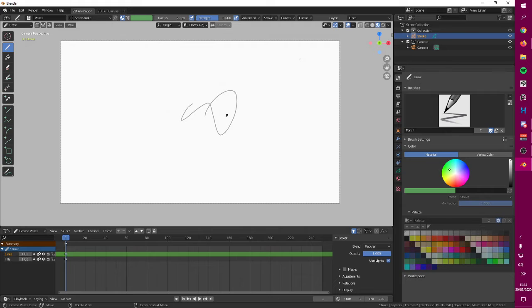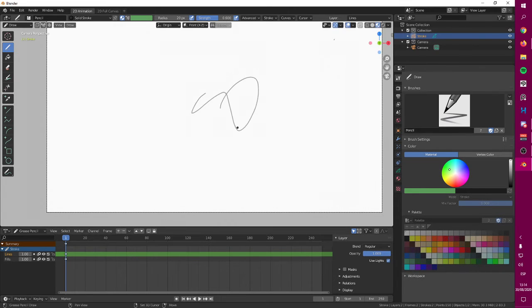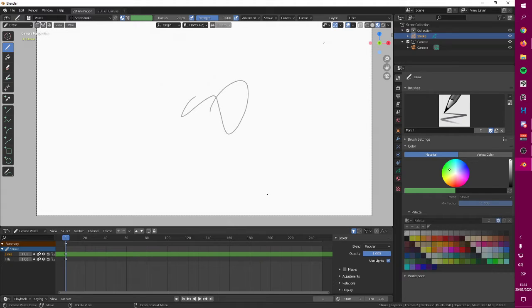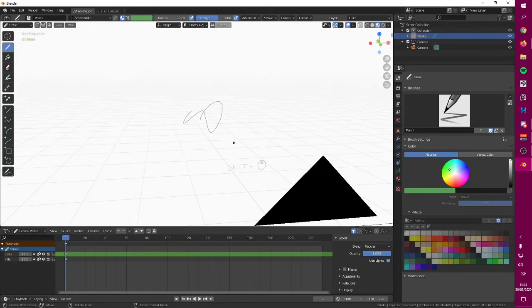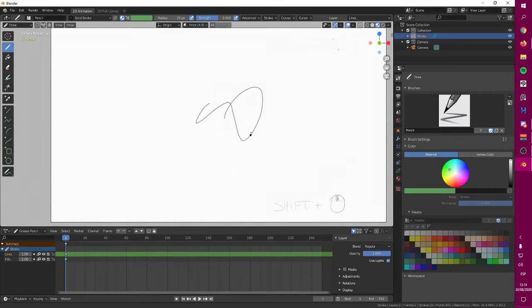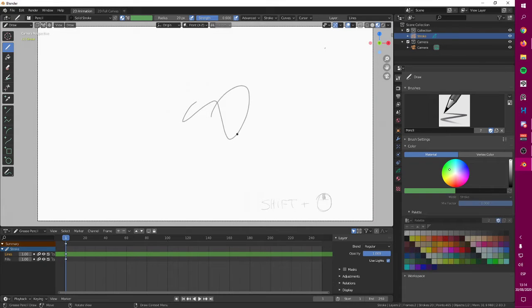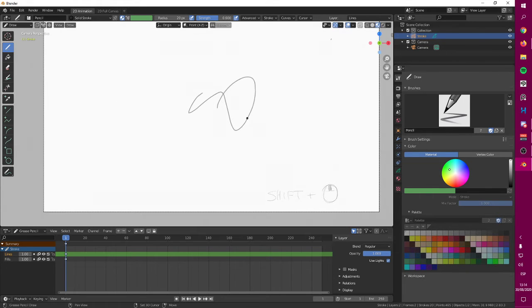Okay, so for this movement, I'm using right now Shift plus middle mouse. So if you hold Shift and you click the middle mouse, the wheel on your mouse, you are going to be able to do this movement.